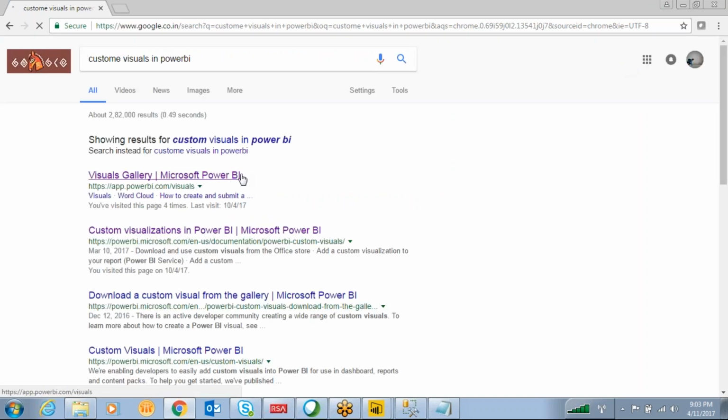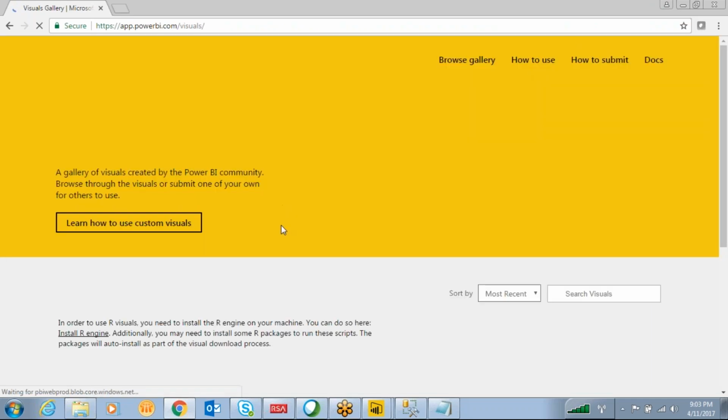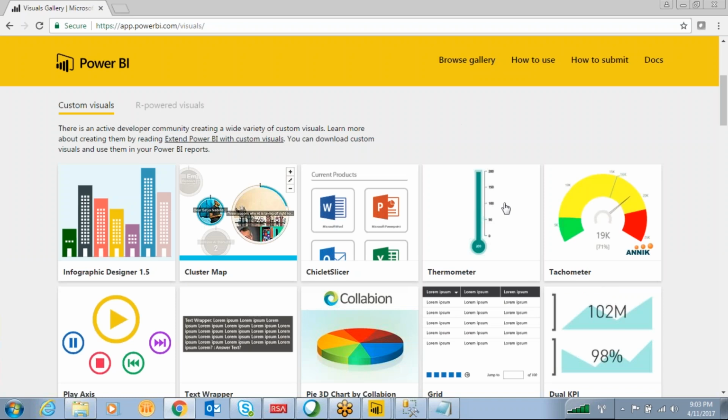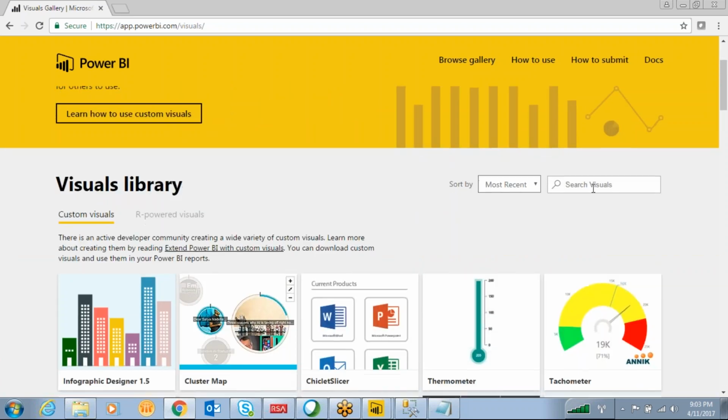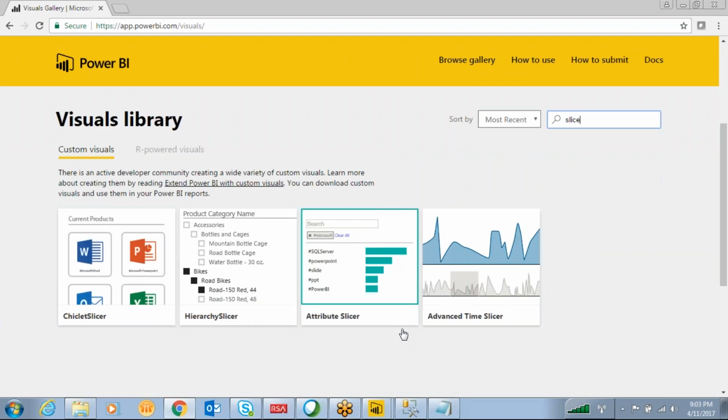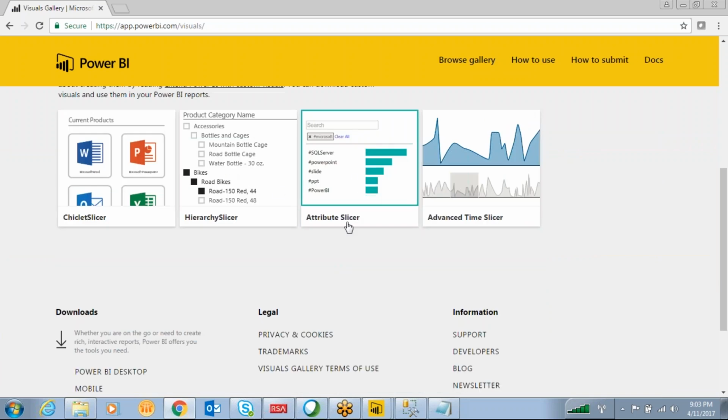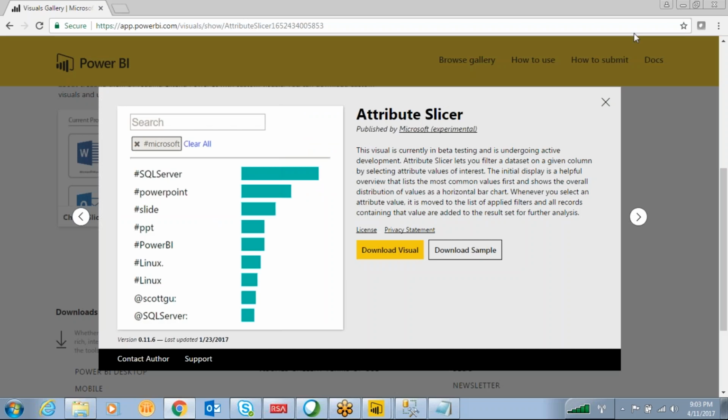You can download different kinds of visualizations. What visualization do you require? You just type here slicer. See here, four kinds of slicers are coming. I want to take this attribute slicer. Just click on download visual.